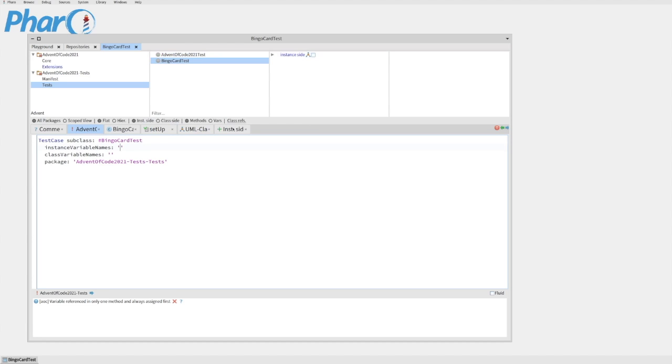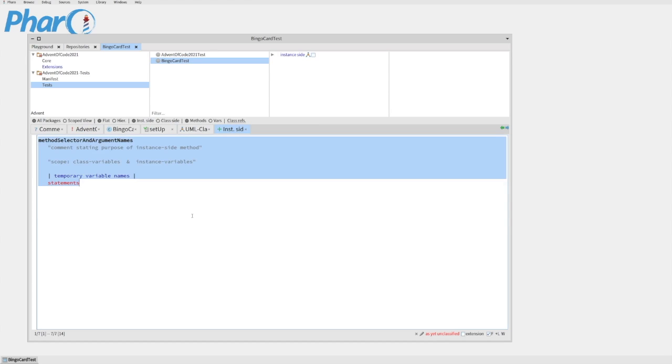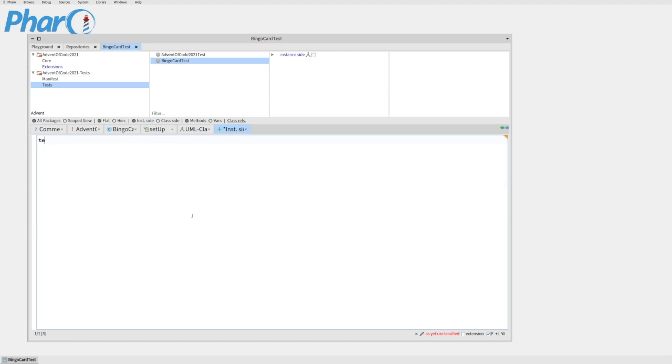So let's write a test for it. So test count. So we're going to create a card. So card is going to be bingo card new. Then I'm going to add some values to this card. So card add